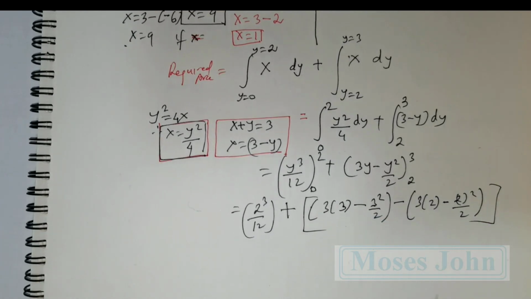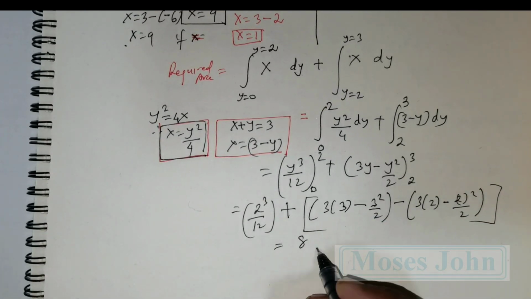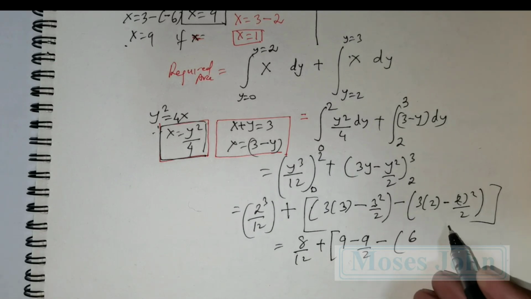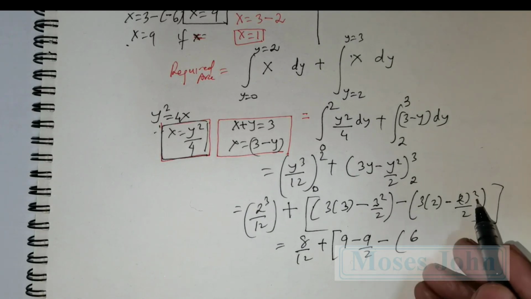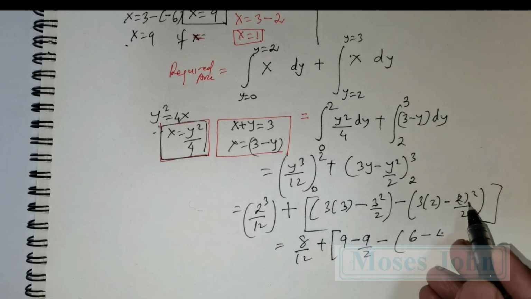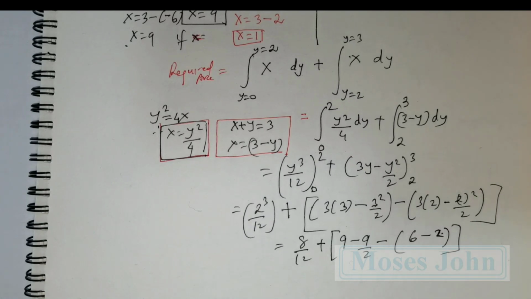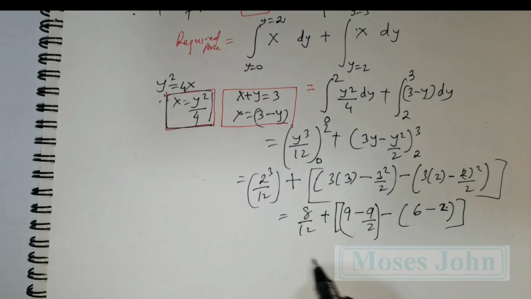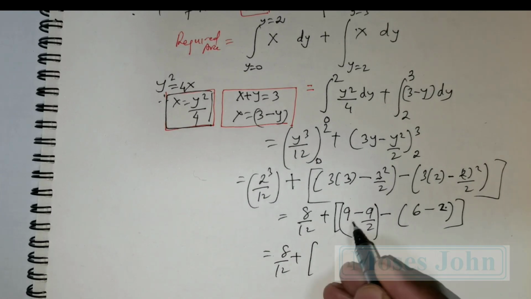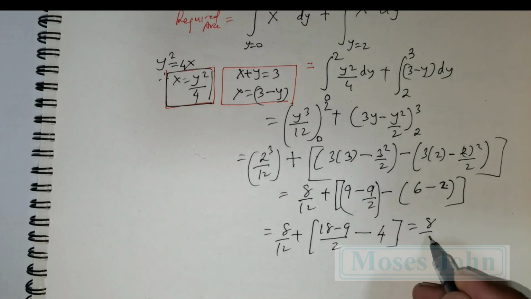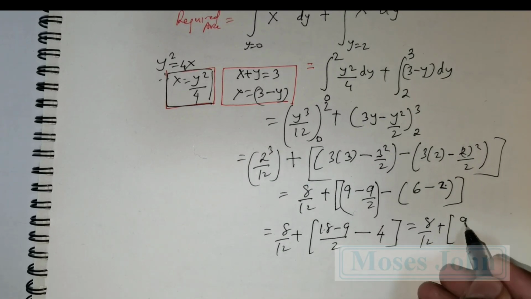Okay. So this is equal to 2 cubed is 8 divided by 12, positive 3 times 3 is 9. This is 9 divided by 2, followed by negative 3 times 2 is 6, and followed by a negative. This is actually 2 squared divided by 2, so it's going to be just 2 there. So let us see if we can achieve the required result. So this is equal to 8 divided by 12, positive 18 negative 9 divided by 2. This is going to be negative 4, which is equal to 8 divided by 12, positive 9 divided by 2, negative 4,